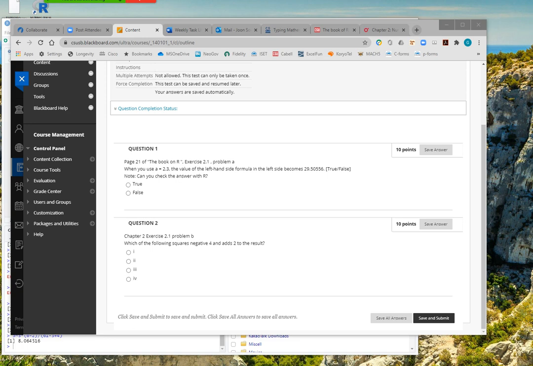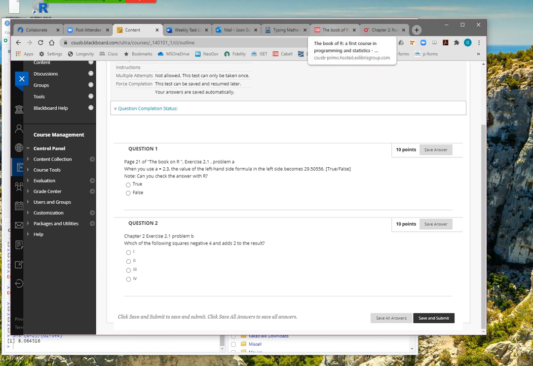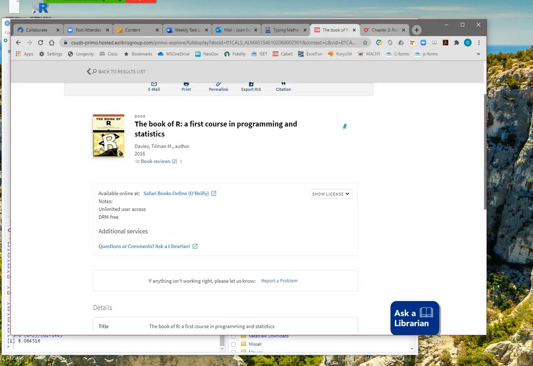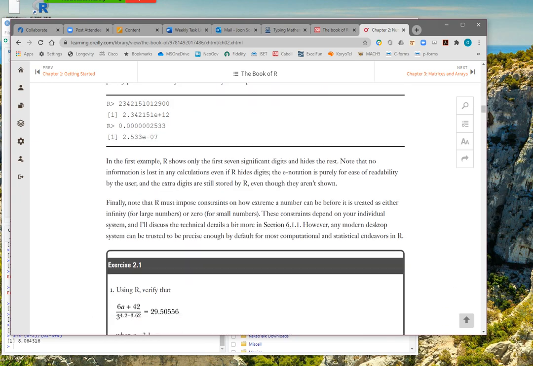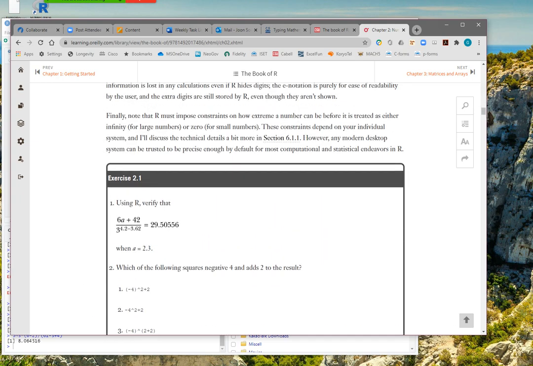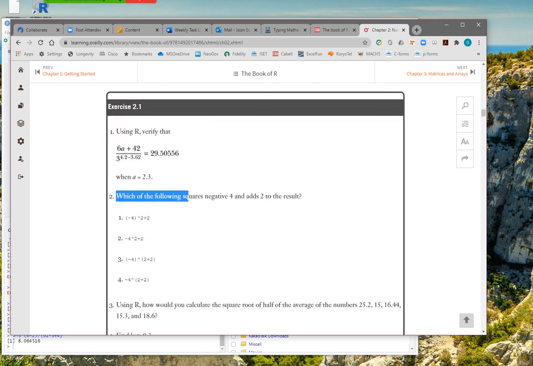If you go to this Book of R, I'll show you the problem. At the end of chapter 2, there is an exercise problem, exercise 2.1. By the way, sometimes the attendance quiz will come from this exercise problem, or I'm going to make my own problem. So not always will the quiz problem come from this exercise, but for today, I want you to solve problem number 1 and basically problem number 2.